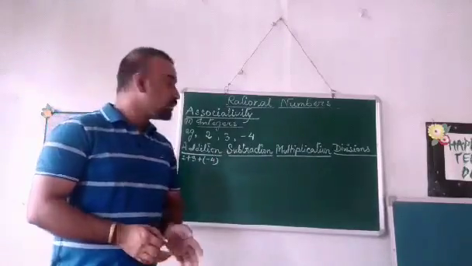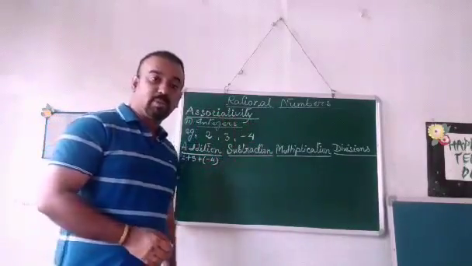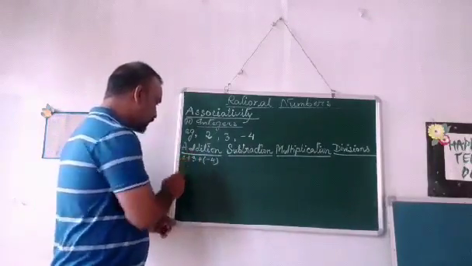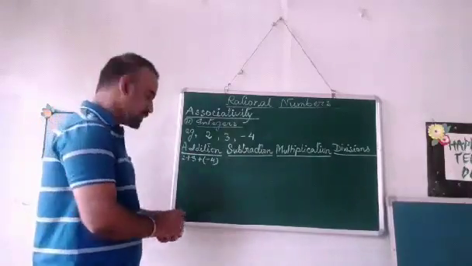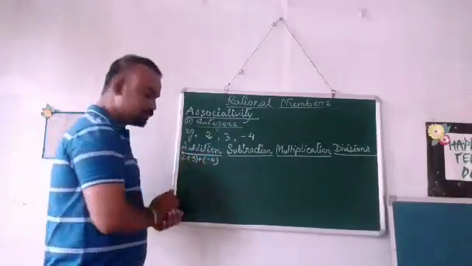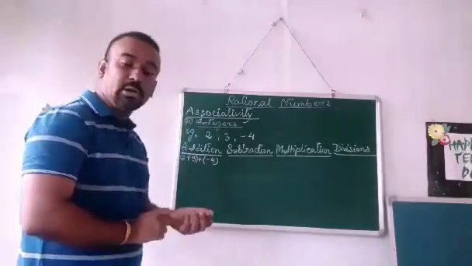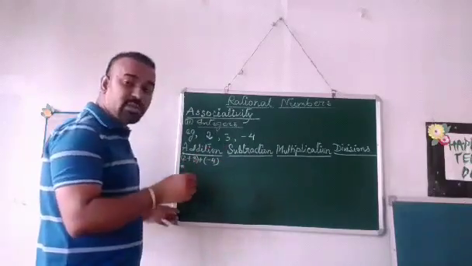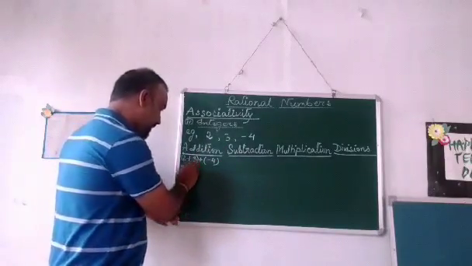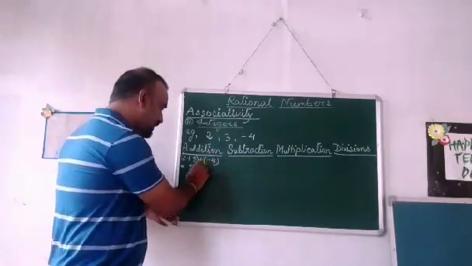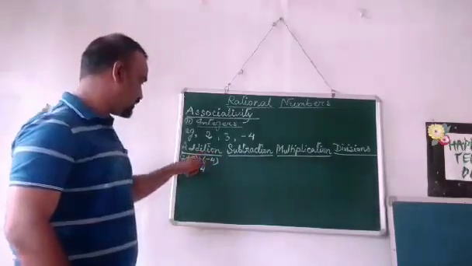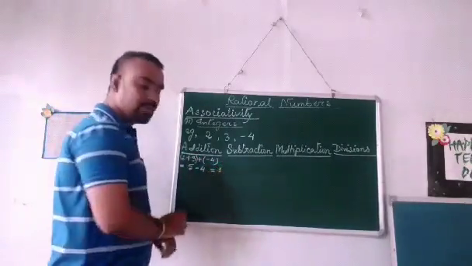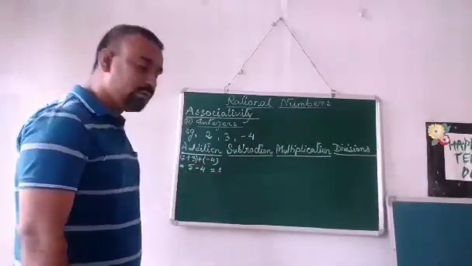We know that this is an associativity property, so we have to associate numbers. So let us associate 2 and 3 first. 2 and 3 I have associated or put inside the bracket. 2 plus 3 equals 5. 2 plus 3 is 5, and plus minus is minus 4. So 5 minus 4 equals 1. 5 minus 4 becomes 1.